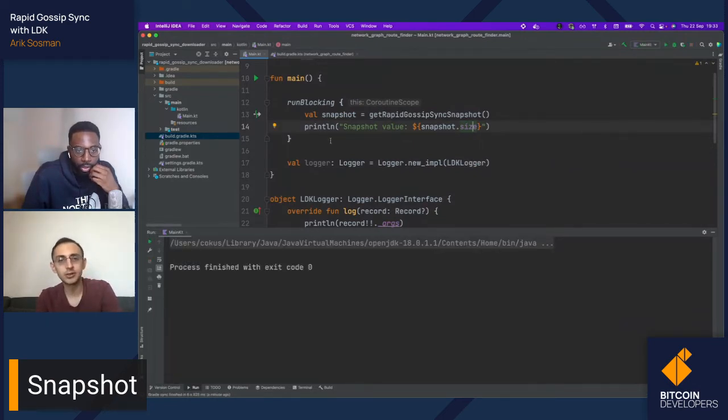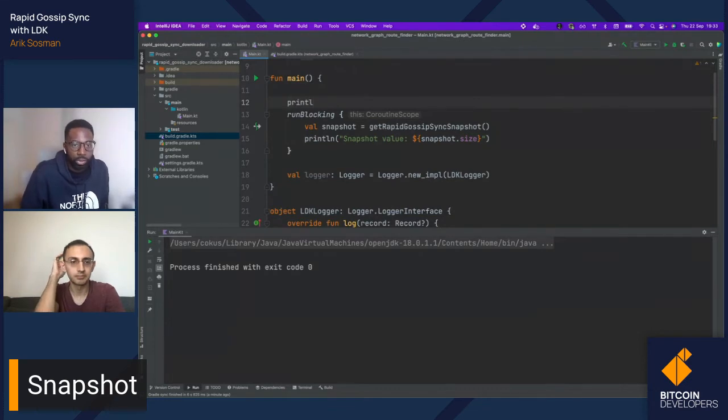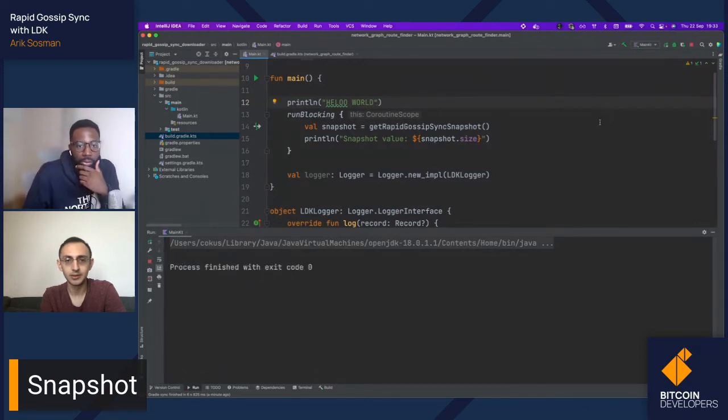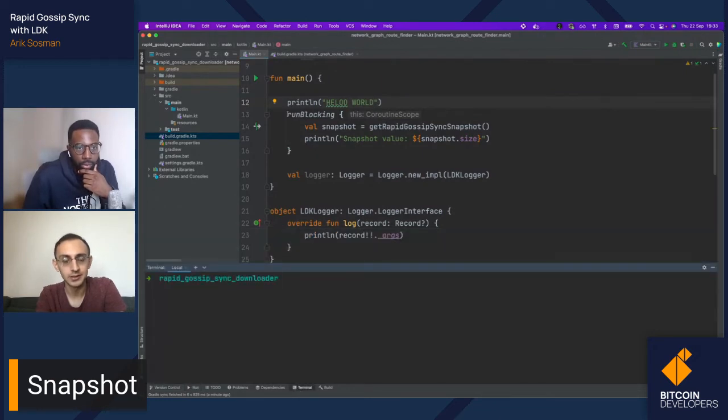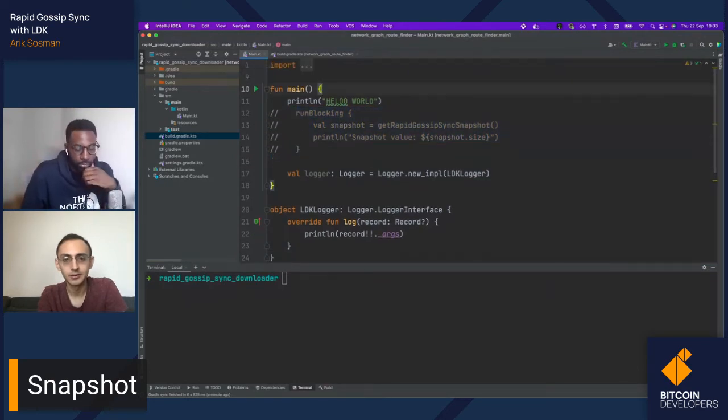All right, so let's try to add a print line before the run blocking. Just for a sanity check. Yeah, sanity check A, because we're going to have several. I also want to add a sanity check B underneath the run blocking. It's not printing anything. All right, what if you comment out the run blocking? Another sanity check. Perfect. Let's see.